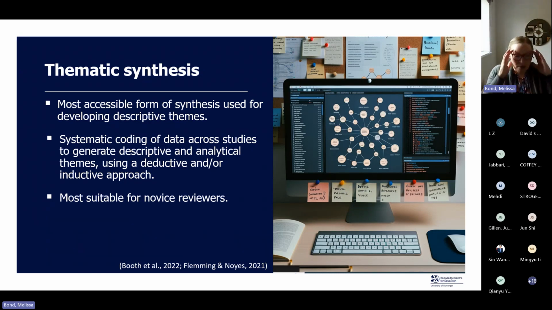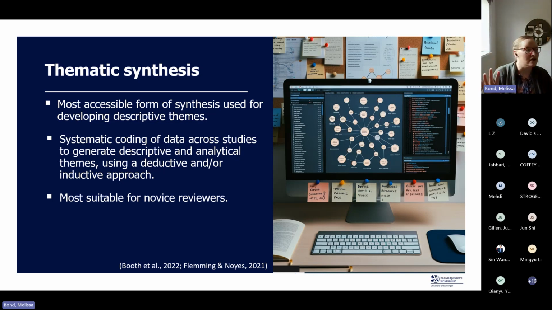So you haven't come to the body of evidence with any preconceived ideas of what you're likely to find. And that's when it is purely an inductive approach. It's emerging from the evidence. You can, of course, which I often do, use those two in conjunction together, both starting out with some deductive,